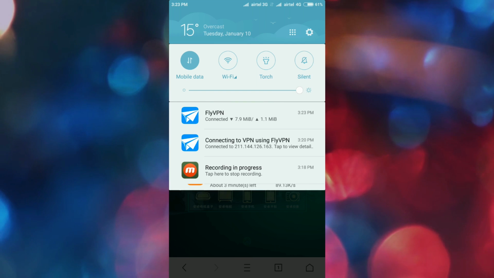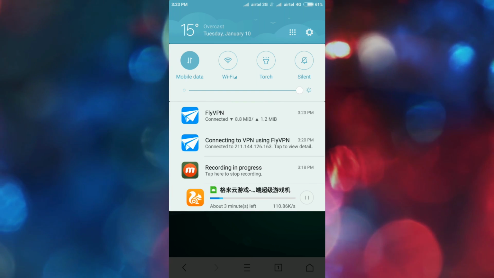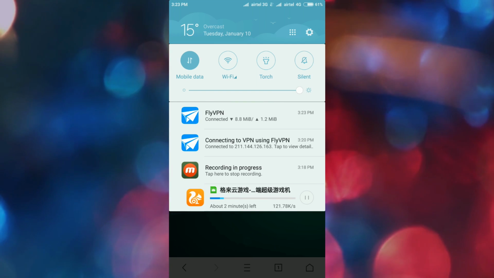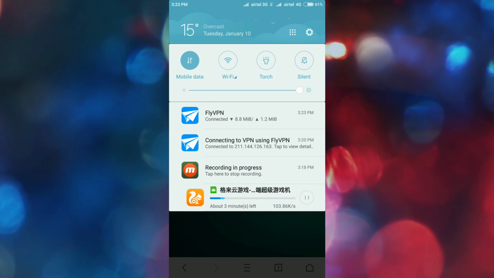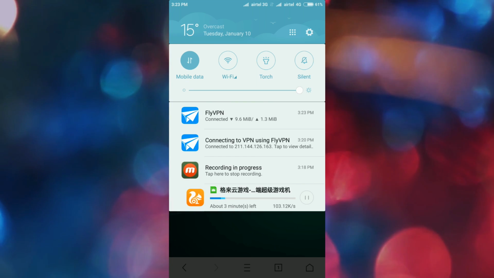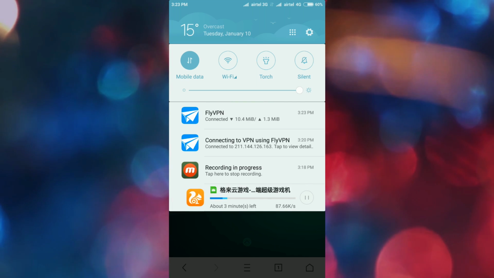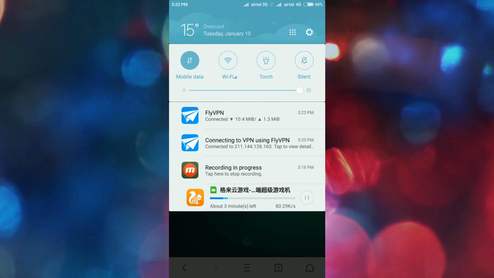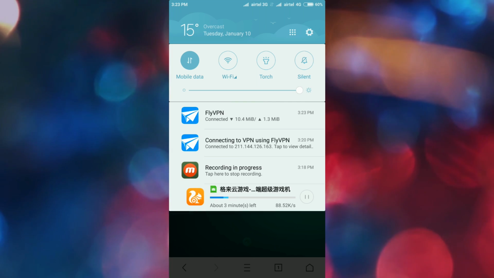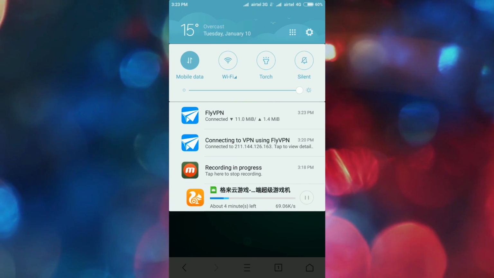Well, because it's a Chinese website and you need a Chinese internet connection or server or IP. So that is why I told you. So now it's downloading. It's also a Chinese online app. So FlyVPN helps you to use this.